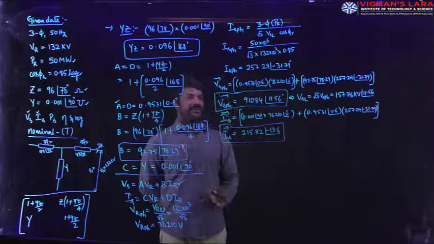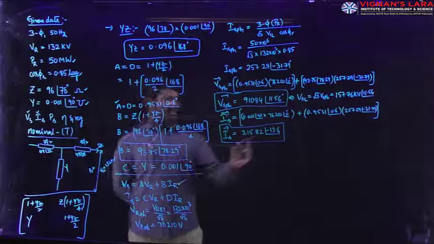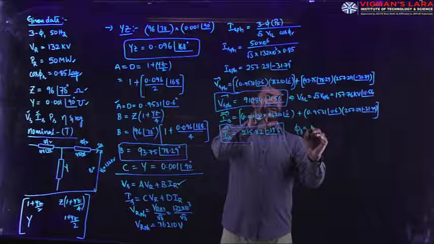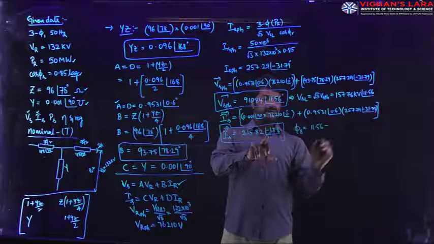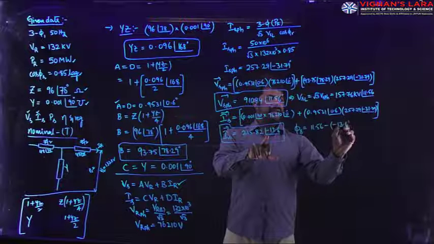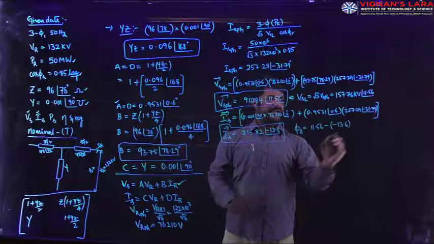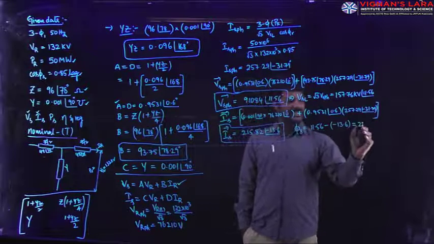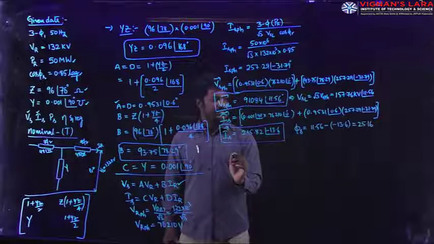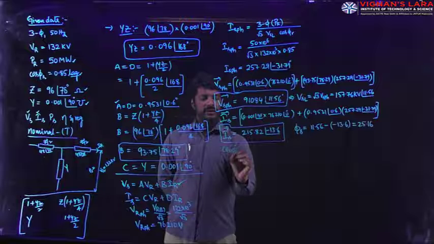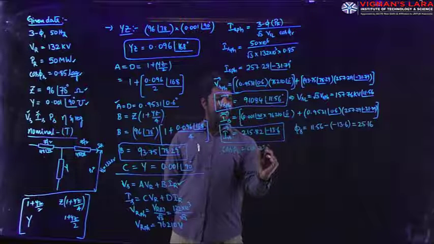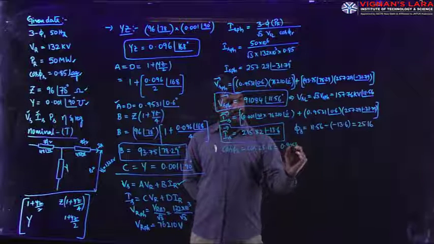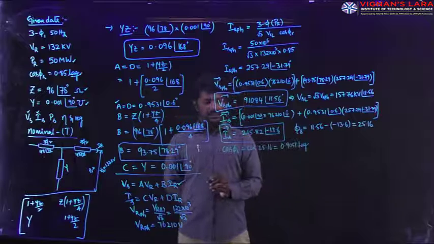With the calculated values of this IS and Vs, observing the angles carefully, the Vs and Is phase angles, you will get the sending end phase angle phi s as the Vs angle 11.56 subtracted with the current angle. Minus of minus is plus. Then we get the phase angle phi s equal to 25.16 lagging. Apply cosine to this to get the power factor on the sending end side. Cos 25.16 is equal to 0.9051 lagging. This is the power factor.